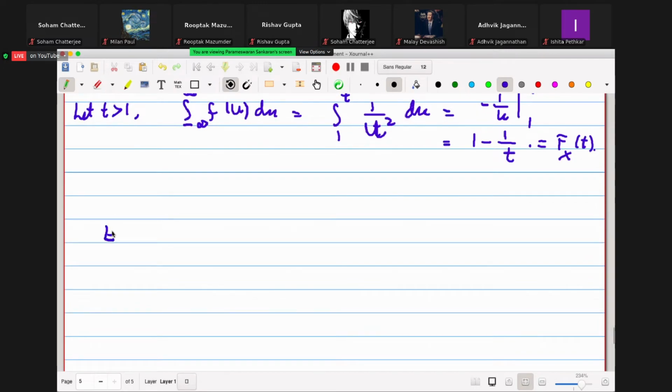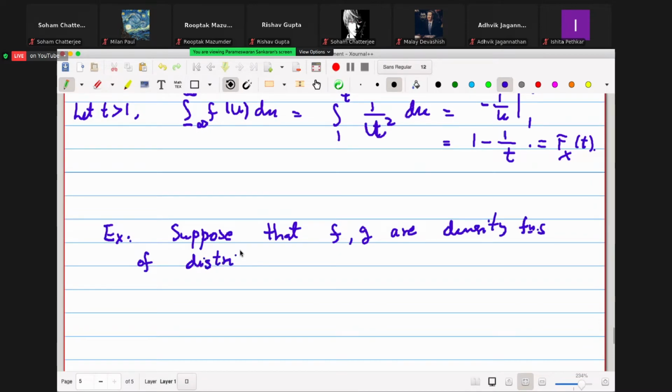So, exercise. This is from the book. Suppose that f and g are density functions of distribution functions F and G. Okay, show that